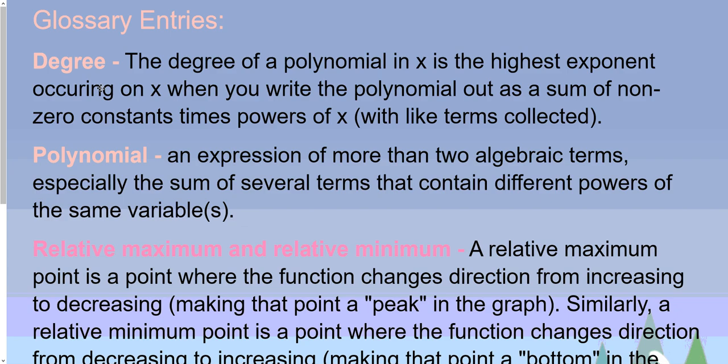Now, then again, the question is, what is a polynomial? An expression of more than two algebraic terms, the sum of several terms that contain different powers of the same variables. But there's one big key here that's important, is that the powers must be positive whole numbers. So for example, when we look back here,